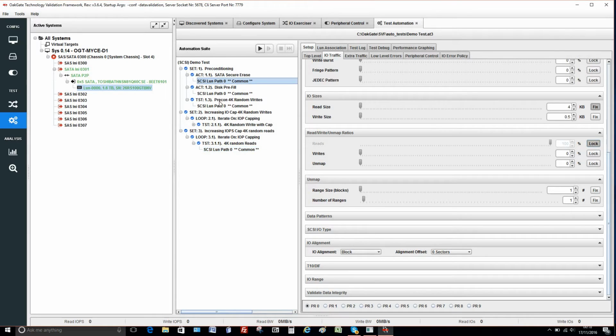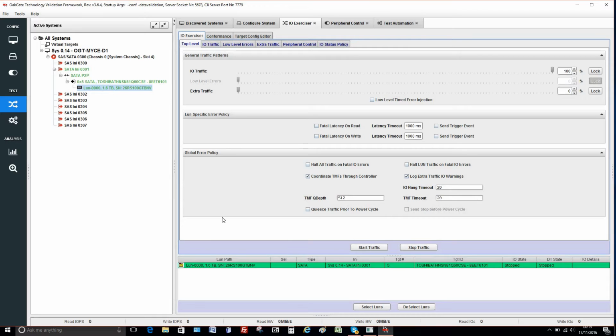Before we do, we've got to associate this LUN path 0 with the test drive that we want to be used in this test. Now we can actually run this test against multiple drives at the same time by adding more LUN paths and associating each of those LUN paths with a different drive. We're only going to be testing one drive in this demo. So we can go across to the I/O exerciser, and it has an entry at the bottom here,